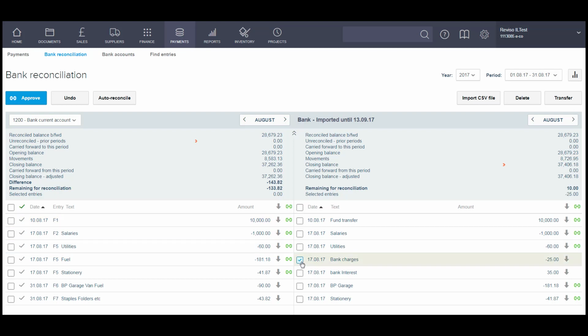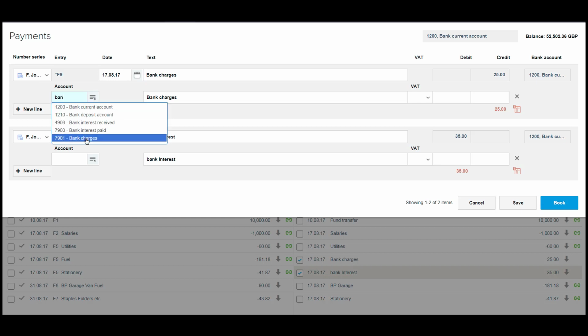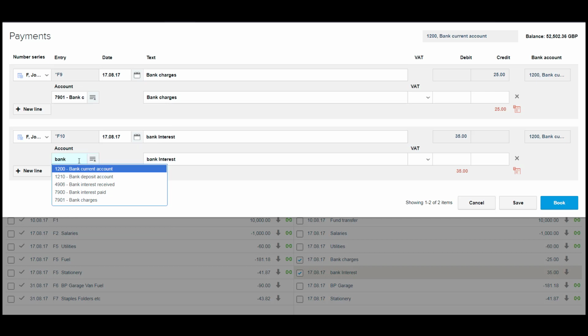You can tick these two items here, bank charges and bank interest, so it's possible you weren't notified of these transactions until you imported your bank statement, and then you can click on transfer, and then you can select the type of entry, which in both cases is journal entry. It's not a customer payment and it's not a supplier payment, and then you can enter the code that you want these charges to go to, in this case bank charges, and in this case bank interest received, and then you can enter the amount